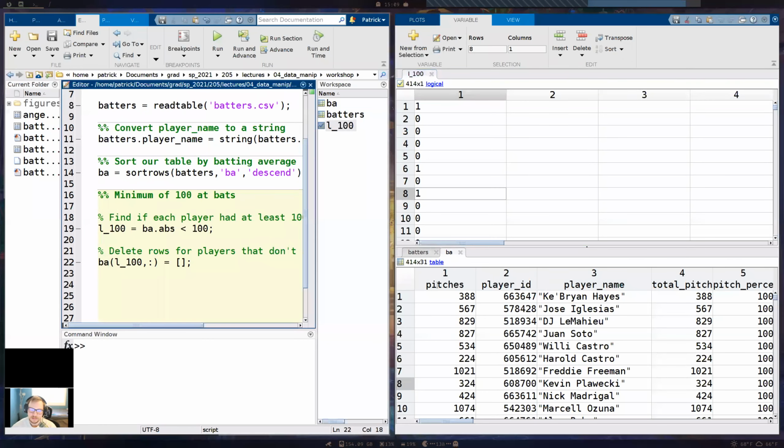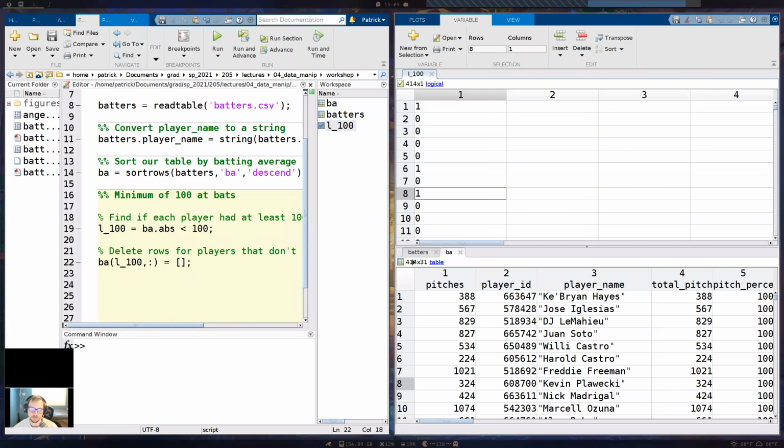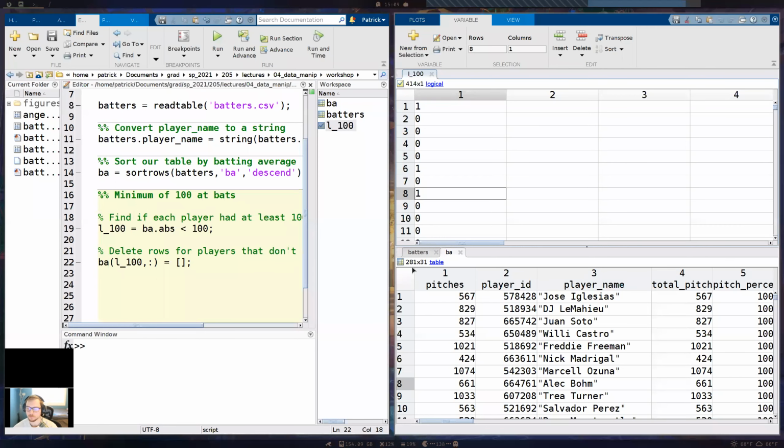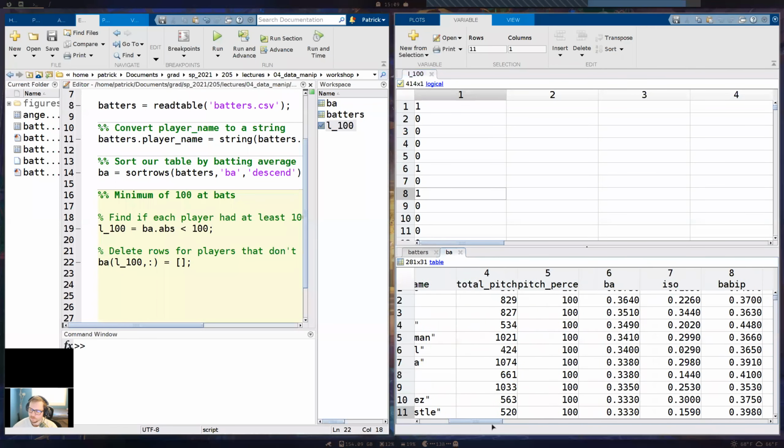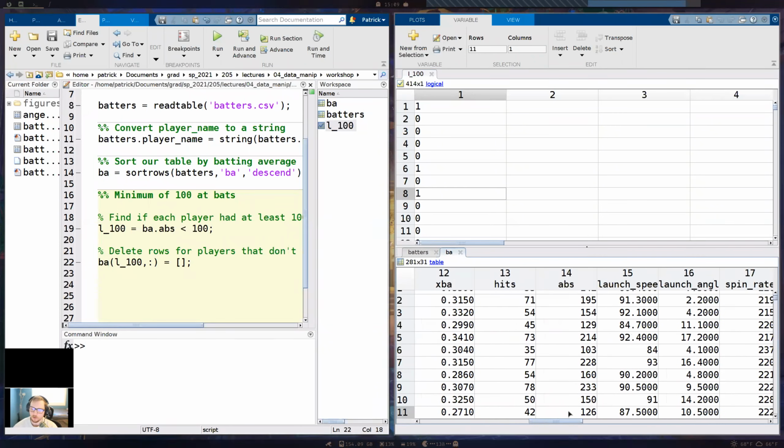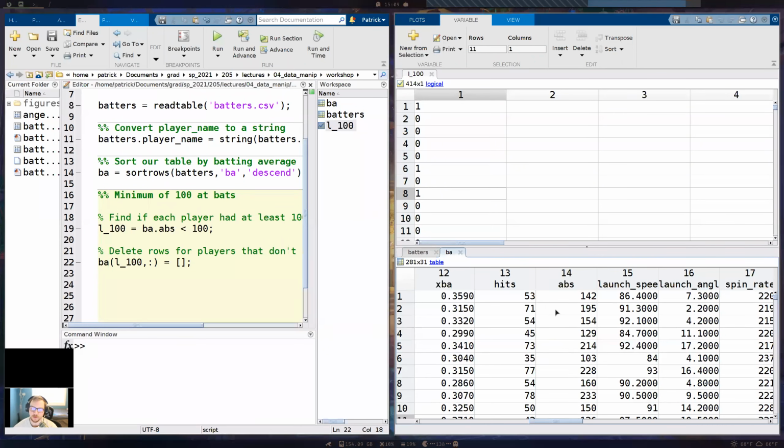Let's run this and also take note of the size of our table right now. We have 414 rows and 31 columns. The amount of rows should change because we're taking some of them out, but the amount of columns should stay the same, right? So let's run our script. Now this table is modified to have only 281 rows. If we look at at-bats, all of these players have at least 100 at-bats now. If we scroll through here, we shouldn't see any players with less than 100 at-bats, and you see that that's the case.